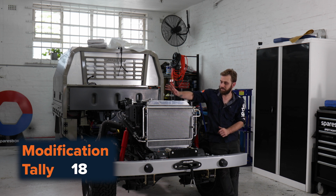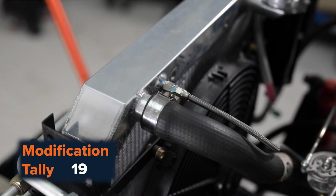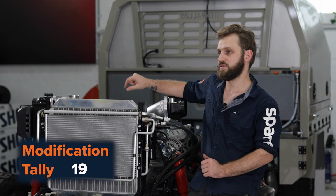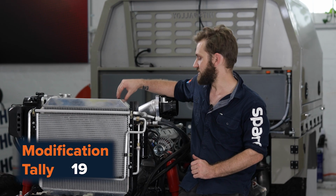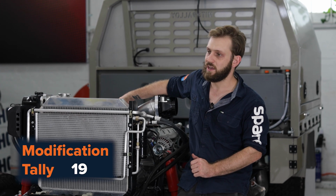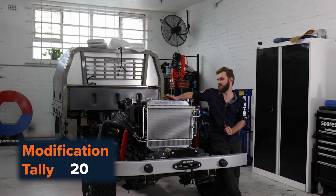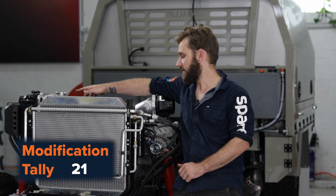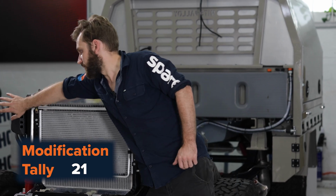The radiator is a PWR radiator for the FJ45 Land Cruiser. However, we have had the neck sizes changed to be the same diameter as the water pump inlet and outlet on the LS. We also have a steam pipe going to the top tank, as per the installation on the Commodores as well. We also have an airflow overflow mounted on the side there, and you'll spot the winch control box here for our DriveTech 4x4 winch,